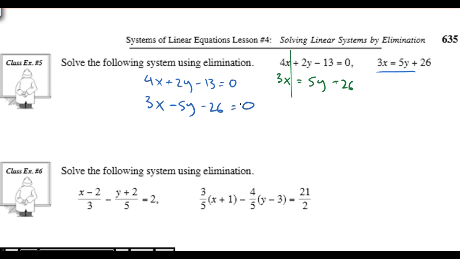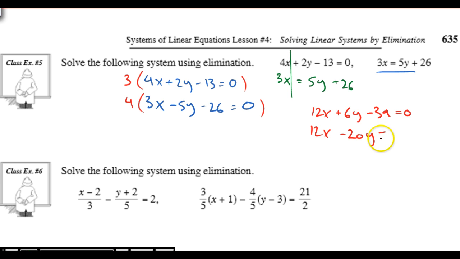And now again, you would find your lowest common multiple, and in this case that might be to multiply this top one by 3 and the bottom one by 4. So a few extra steps here to get us set up, and now we finally get 12x plus 6y minus 39 equals 0, and then on the bottom we're going to have 12x minus 20y